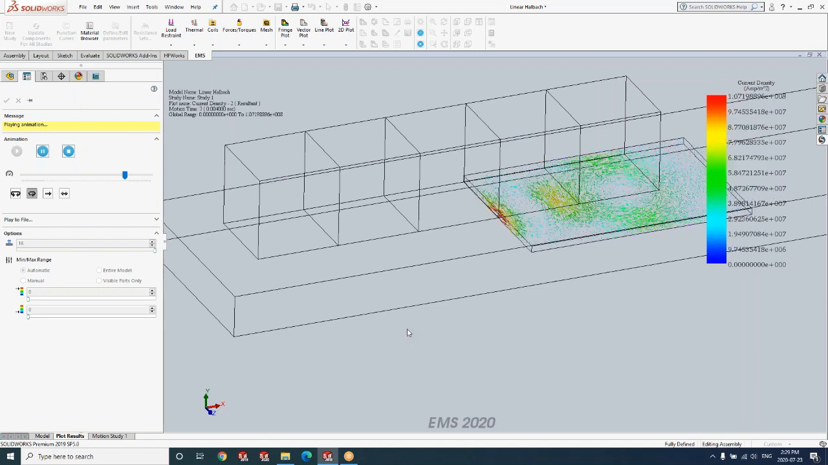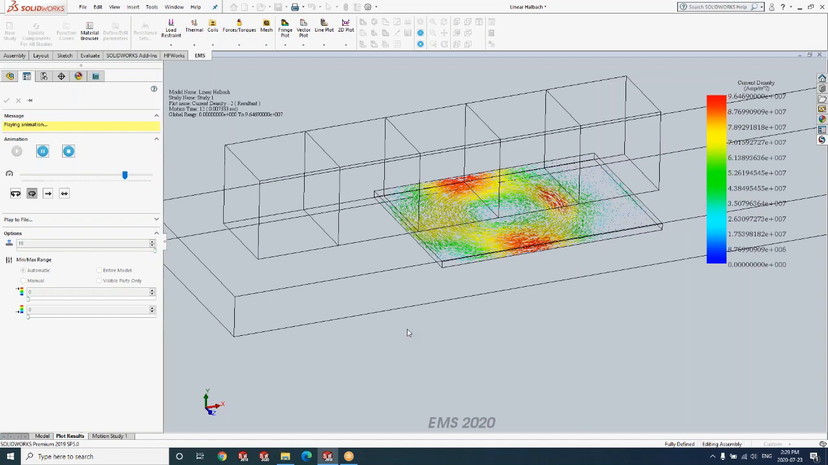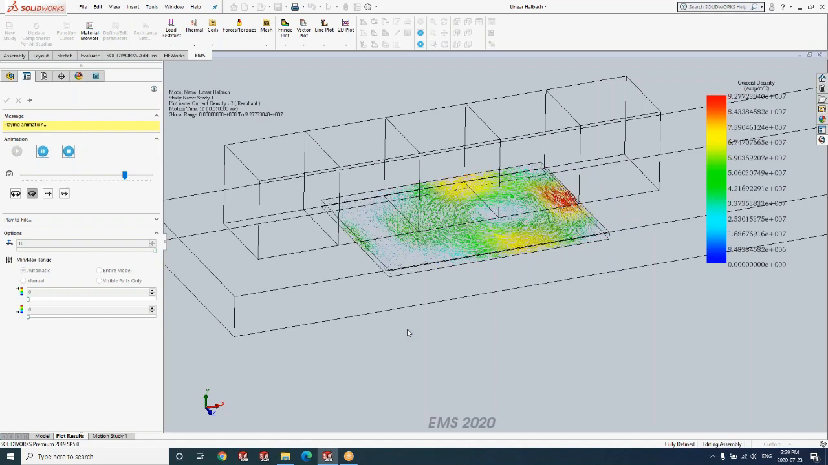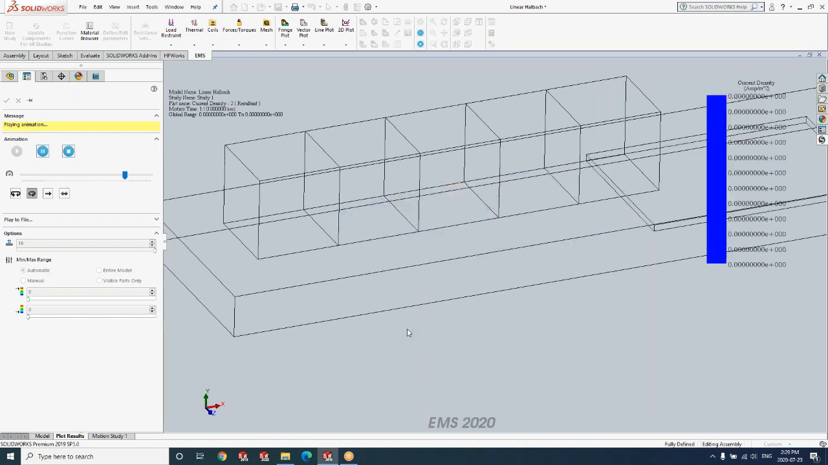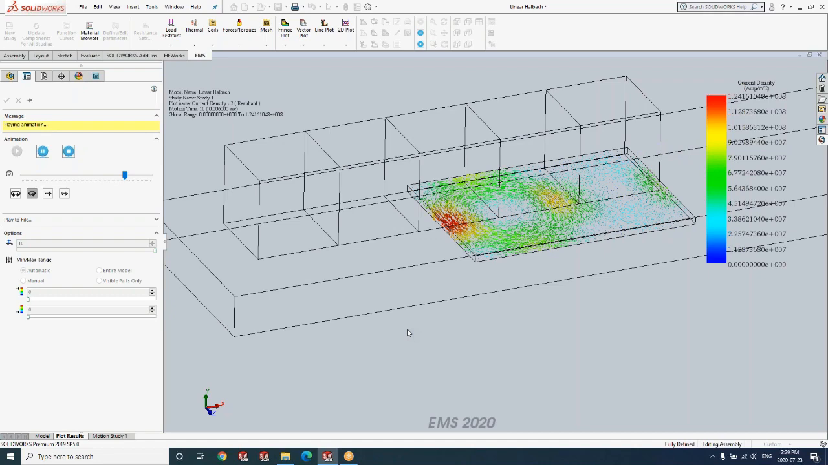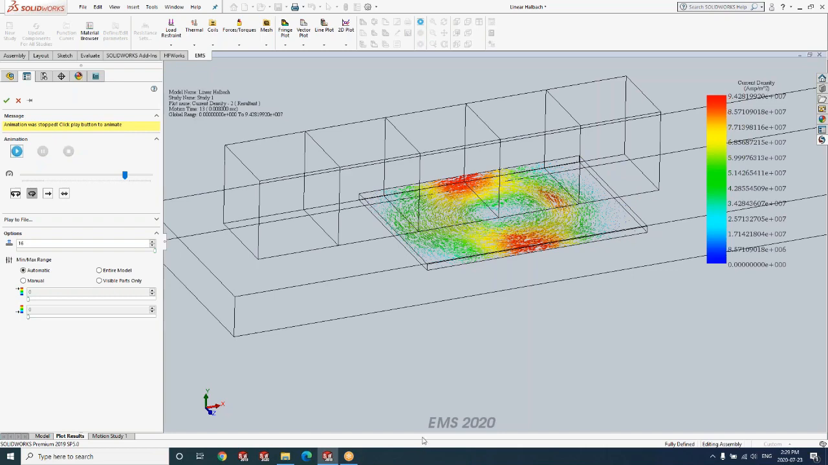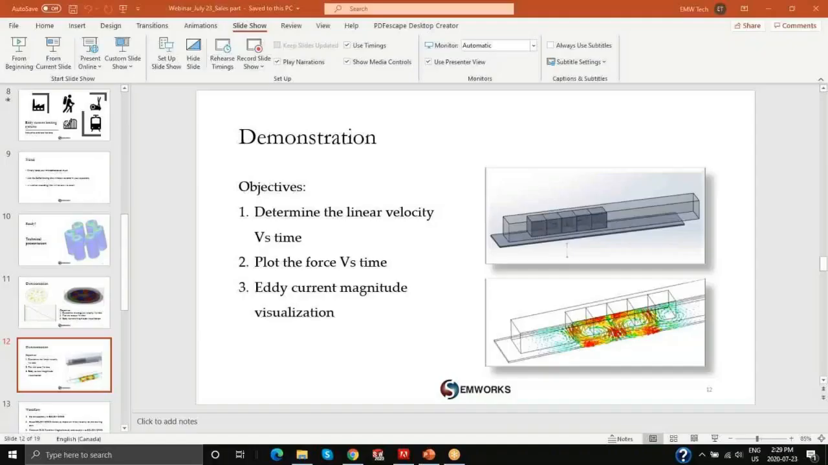So by combining the power of a motion simulation in SolidWorks Motion and electromagnetic simulation offered by EMS, we are able to solve multiphysics problems involving complex physics, in this case electromagnetics as well as kinematics, motion. And one can solve interesting applications related to eddy current braking. So with this, let me get back to the presentation,